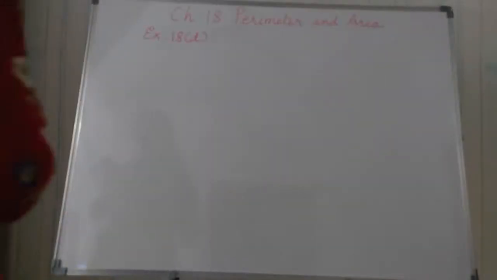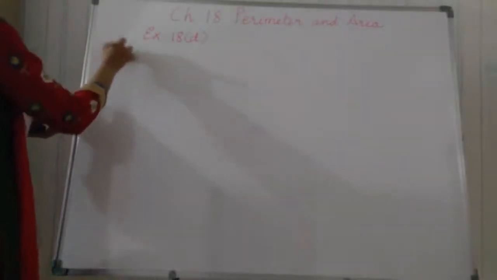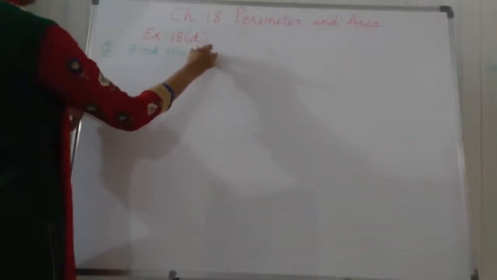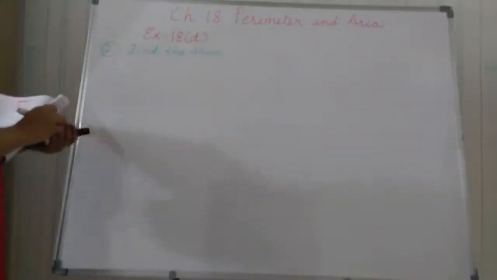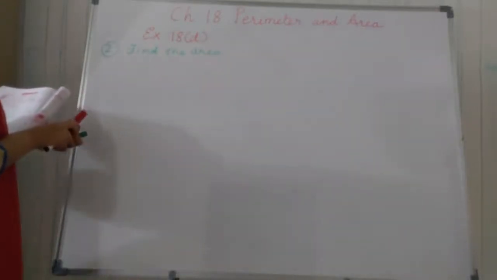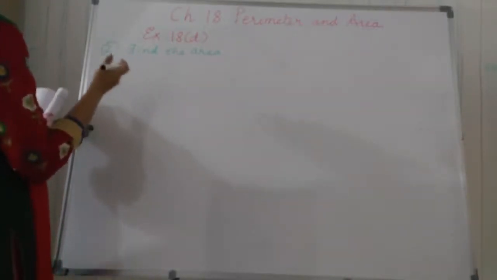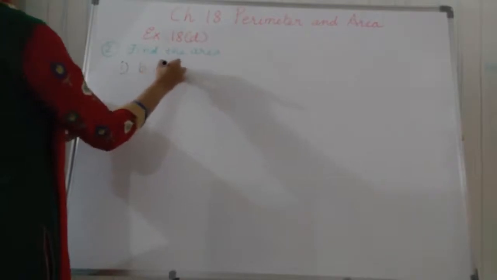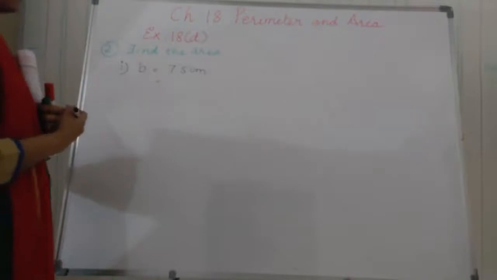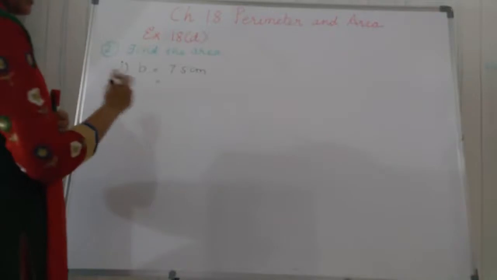Now taking question number 2. In this question, find the area in square meters. So writing, find the area. It is already given in square meters, whose base and altitude are given to you. So I will take one of them, students. See, I am taking the first one. Why? Because the base is equal to 7.5 centimeters. So first of all, we need to convert it into meters, because you have to write the answer in square meters.